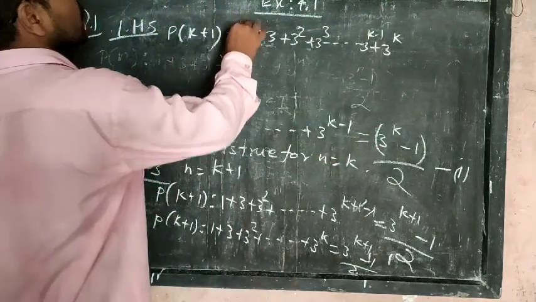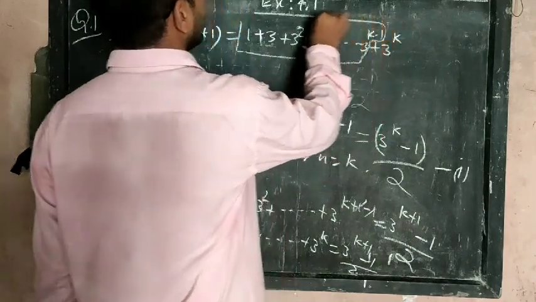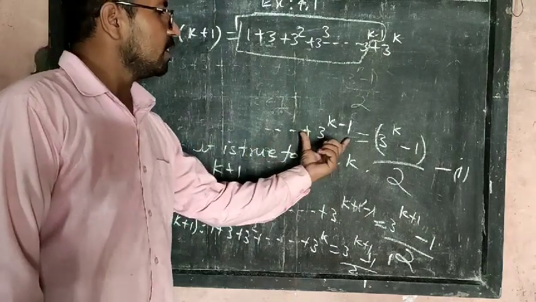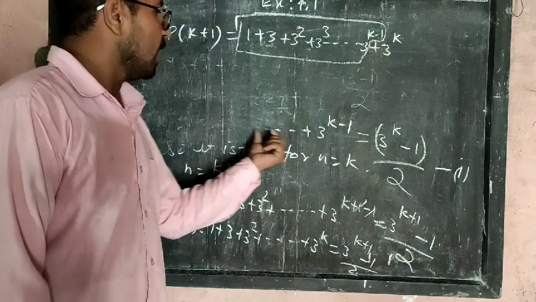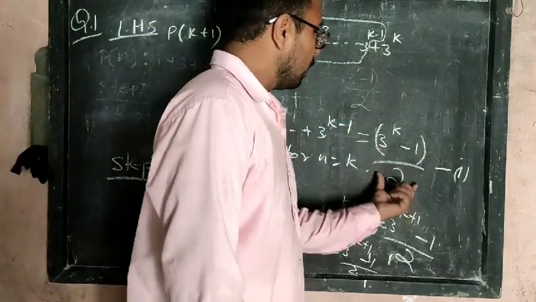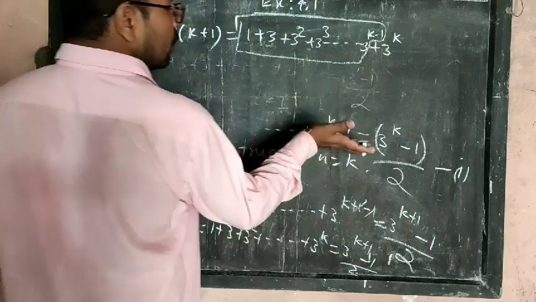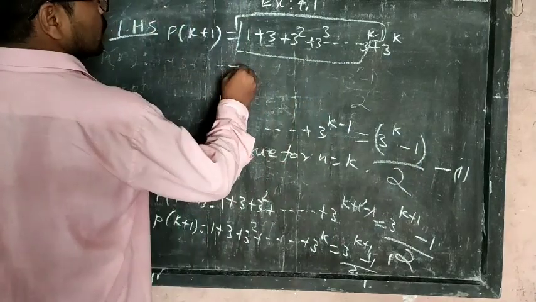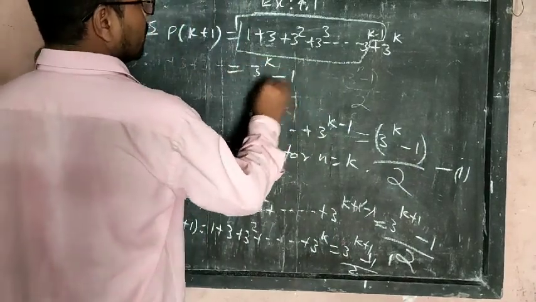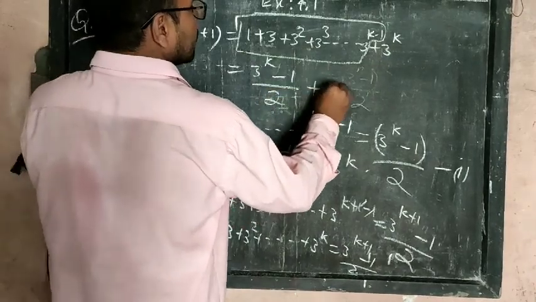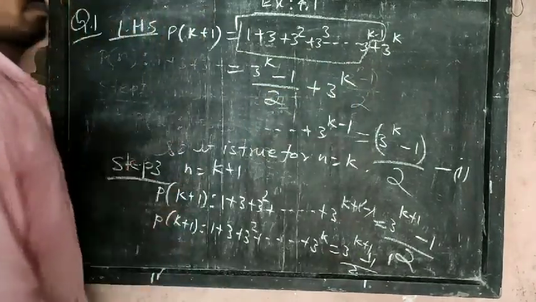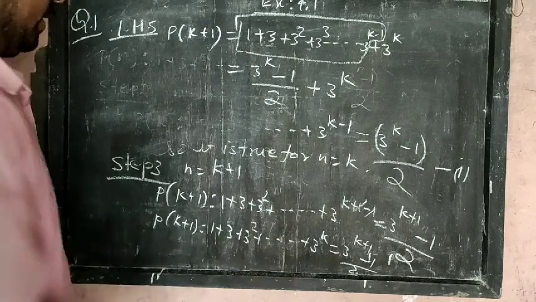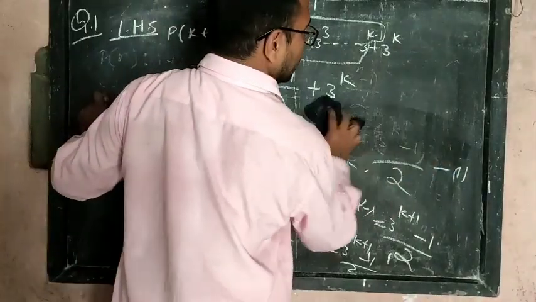So now students, something we looked at in step number 1 and step number 2. In step number 2, I have written up to here. This was the LHS, up to the value k minus 1. What was the value of this part? This much is the value, so putting the value of this part here, we get 3 to the power k minus 1 by 2 plus 3 to the power k. Now students, we will proceed with this and prove the RHS side. No one should have a problem up to here.